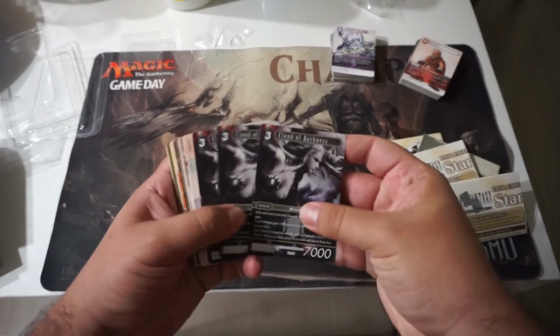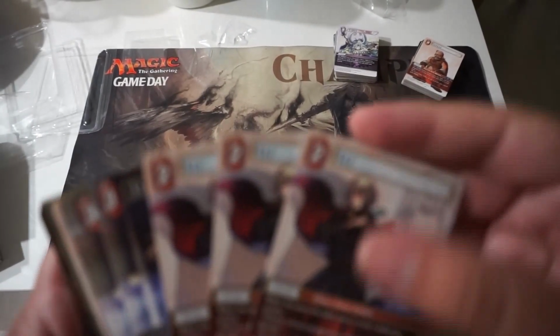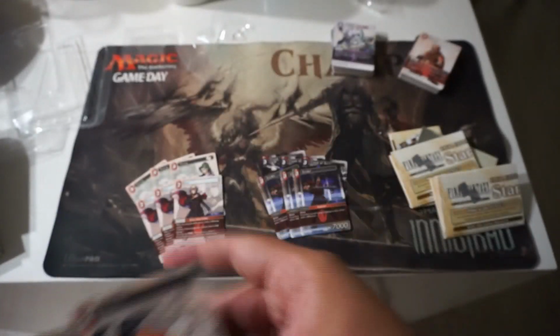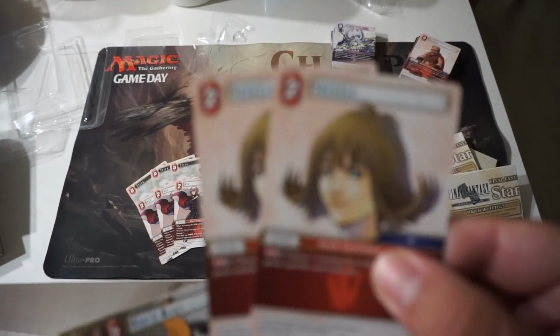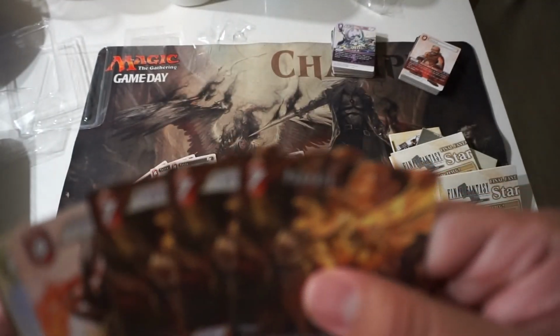And on to the Cloud of Darkness one. We have 3 Cloud of Darkness, 3 Terras, most likely going into our deck, 3 Ace, 3 Ayames, 3 Fritz, Selfie, 3 Black Mages, 2 Ifrits, 3 Phoenixes, pretty nice legend,